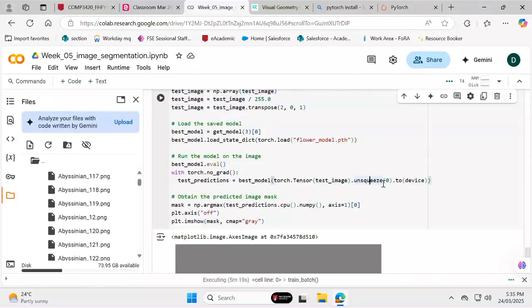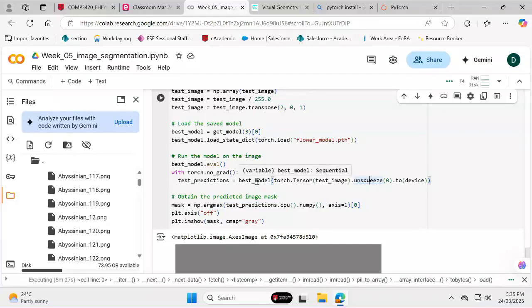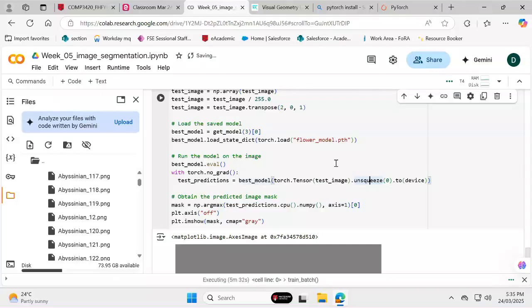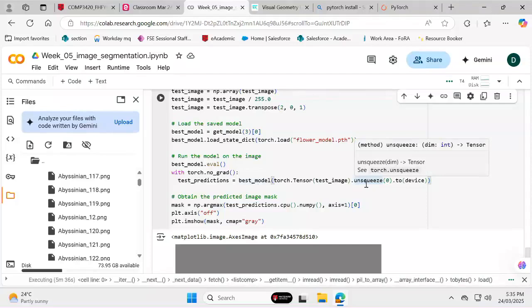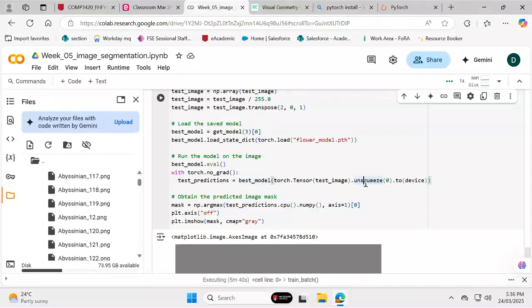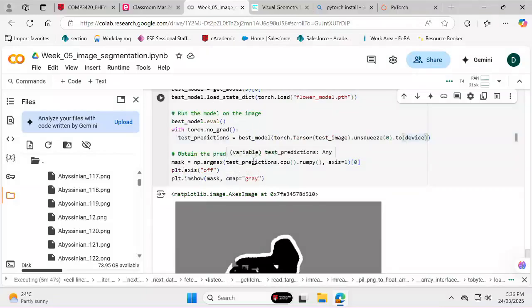This part here is because the model expects a batch of images, not one image. So you need to wrap the image inside a batch. A quick way to do it is to use unsqueeze, which adds one more dimension to the data, wrapping it into one more. So it's a batch of one image, and then send it to the device, and then you get the result in test predictions. And then on test predictions, apply argmax,